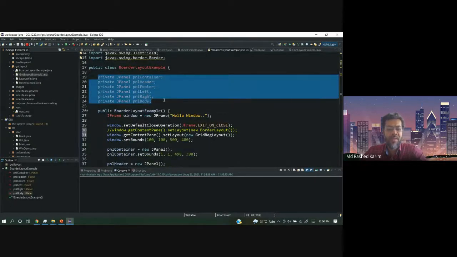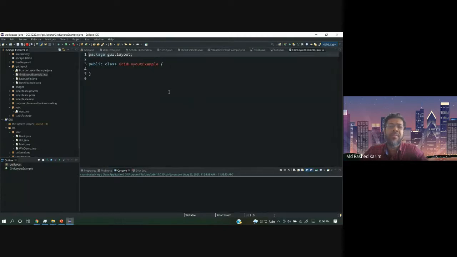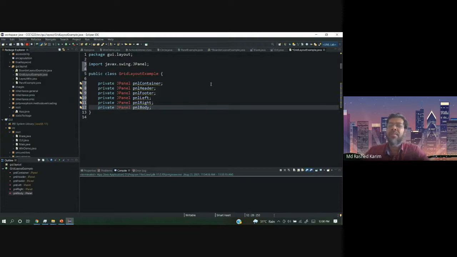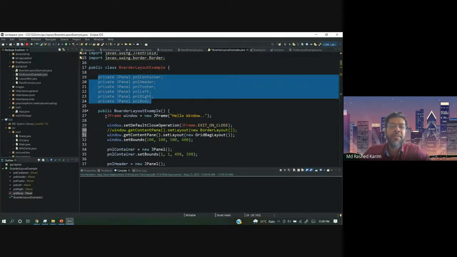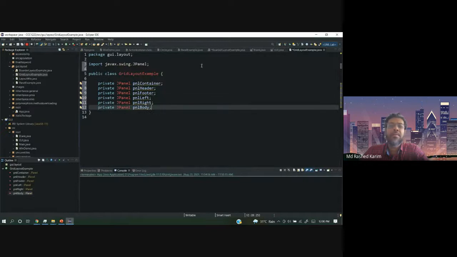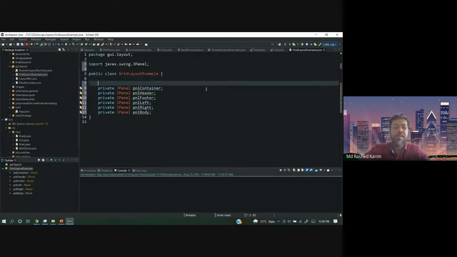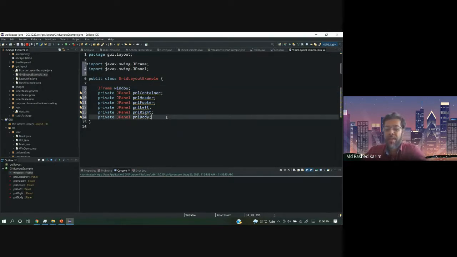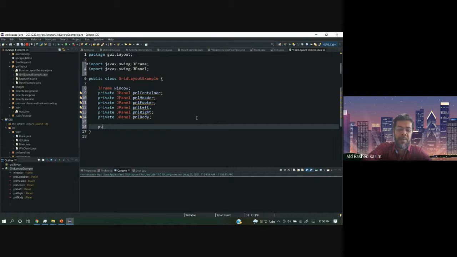This one first. One thing you can do also, this is the first JFrame, also you can do that. It's a window. After that, I will create a public